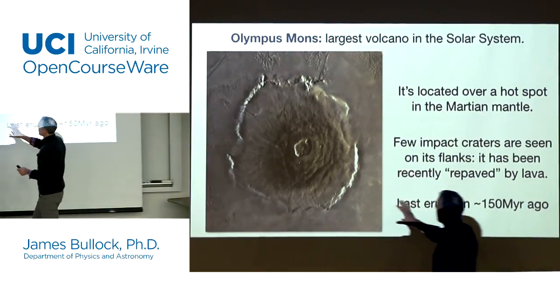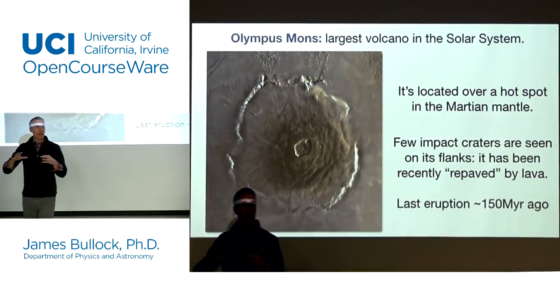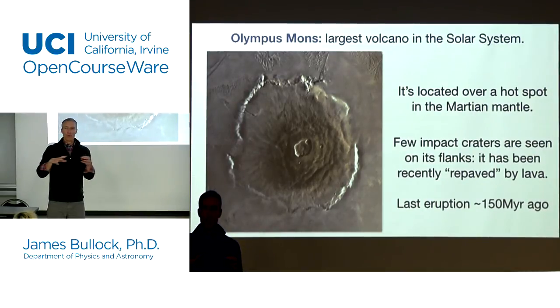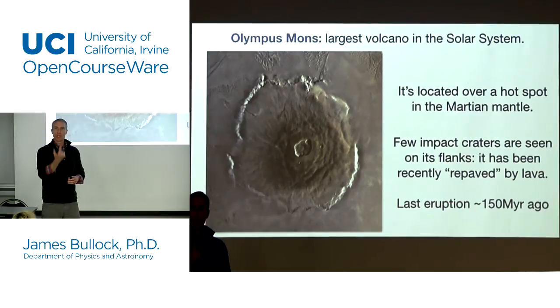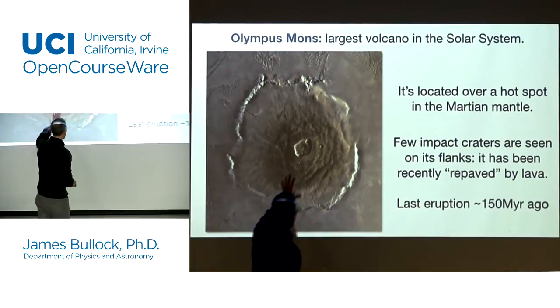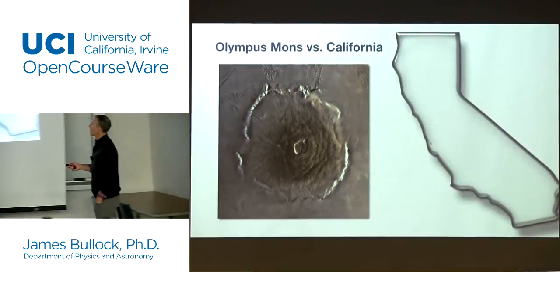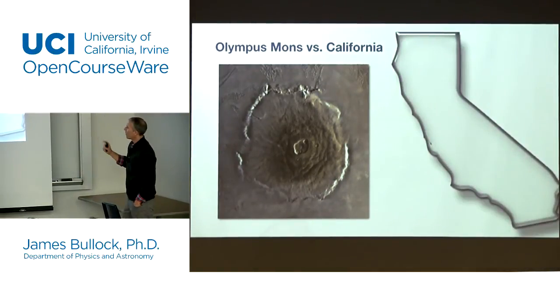This volcano on the surface of Mars does not have tectonic activity. So there's a hot spot that it was positioned on top of, and it never moved away from that hot spot, and it just kept building up in that same spot. That's how it got to be such a very large volcano. This is the size of the volcano in comparison to the state of California. So you can see it's huge. It's basically as large as a large state. So it's incredibly big. It's much, much larger than any mountain or volcano on the surface of the Earth.